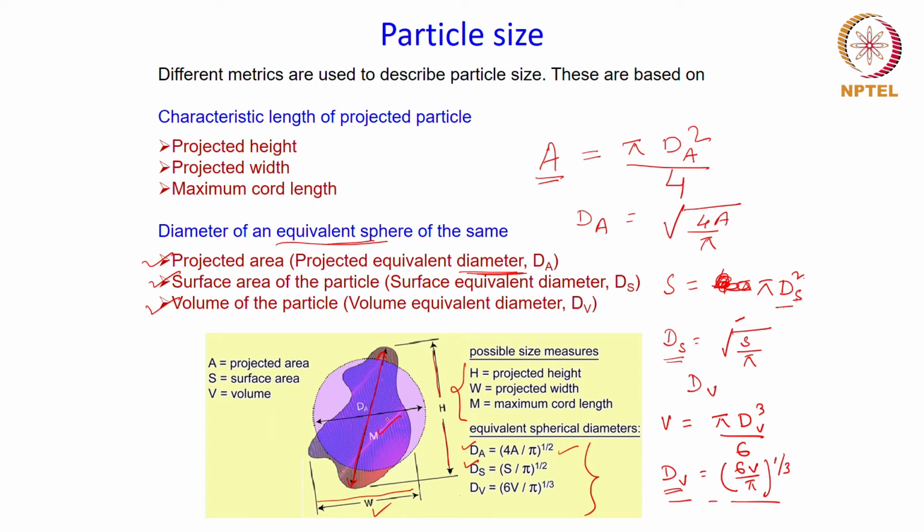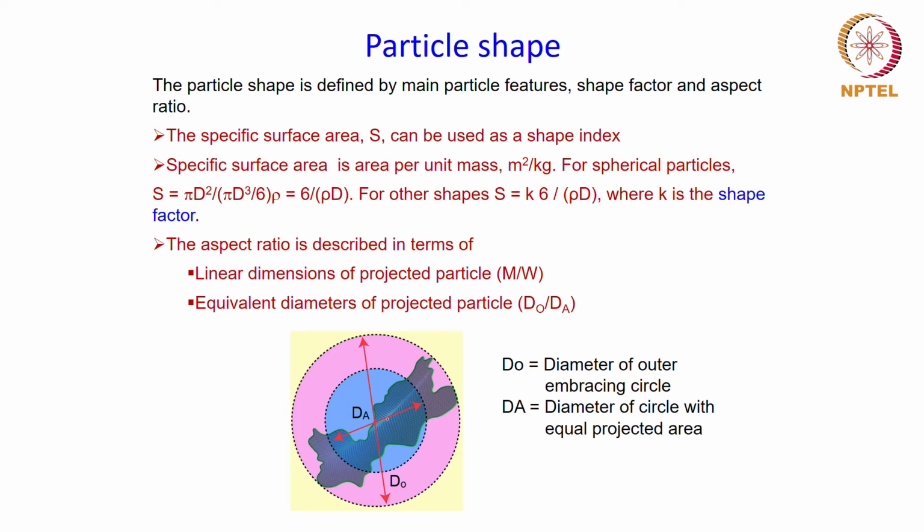So, talking about the particle shape now, like how we have defined the particle size in terms of an equivalent sphere having either similar projected area, similar surface area, or similar volume. The particle shape, especially for the irregular particles, can also be defined in a similar manner, wherein we use what is called a shape index,